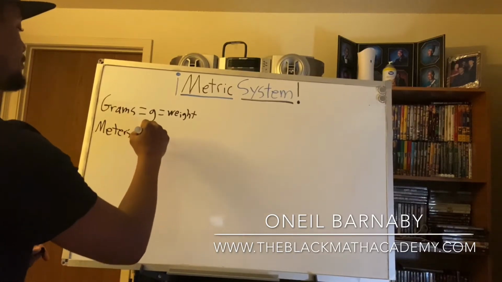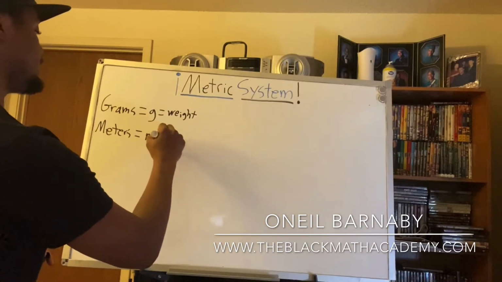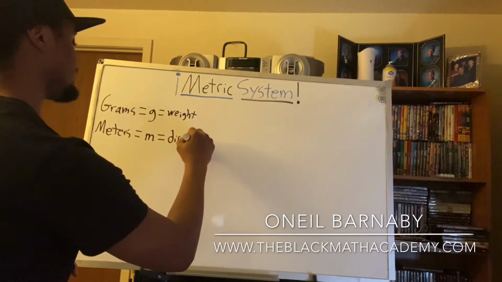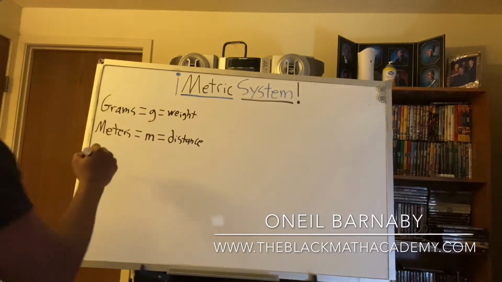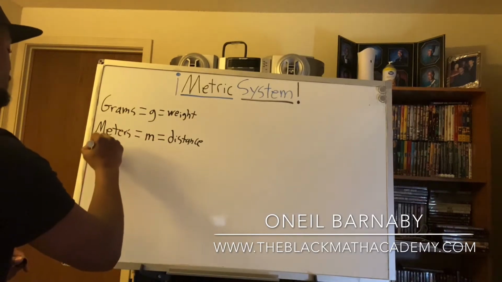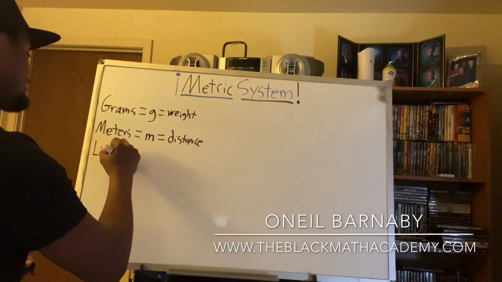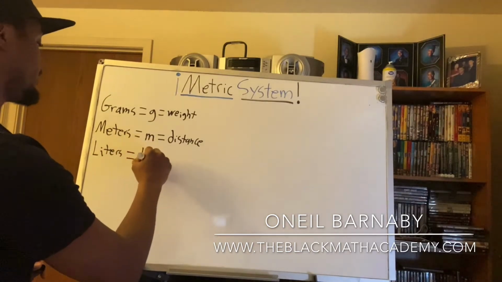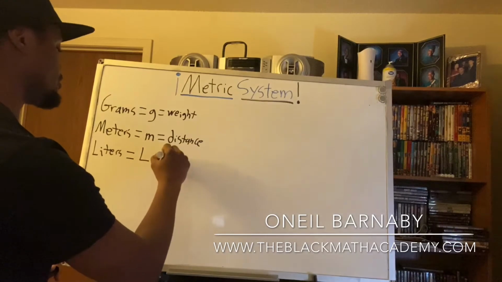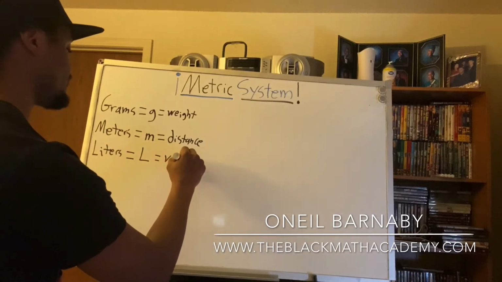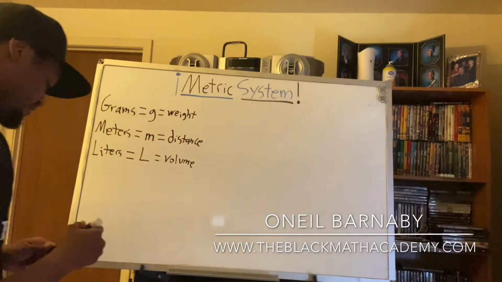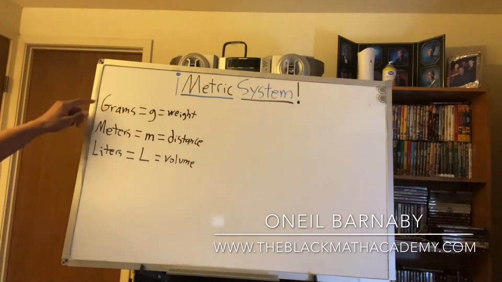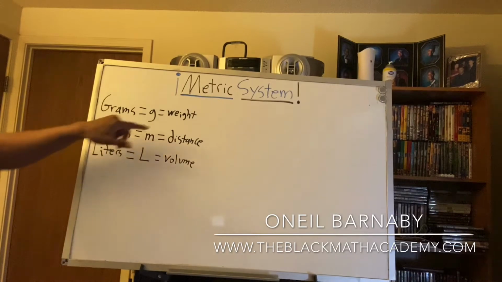That is designated with the letter M, and that measures distance. And the third one is liters. That is designated with the letter capital L, and that measures volume. All right. So those are your three basic units of measurement: grams, meters, and liters, and they measure weight, distance,